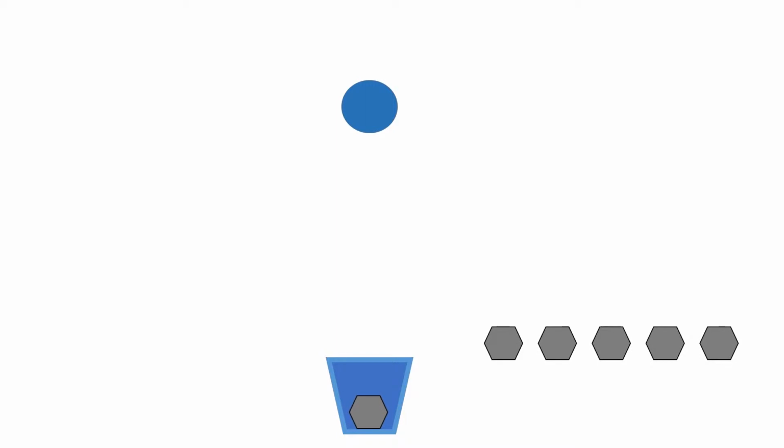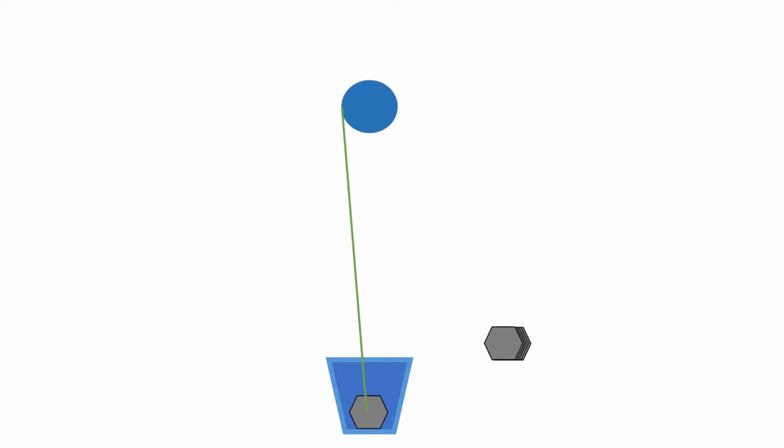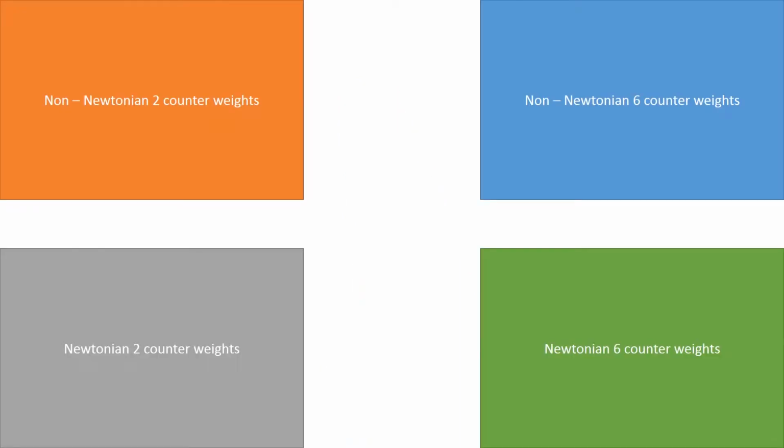Put our weight in our non-Newtonian fluid, attach it to the pulley, tie up all of our counterweight, and attach it to the pulley. Now we have a force imbalance as a result of having more counterweight than we have submerged, and this means that the weight is going to create this shear force. So now let's actually run the experiment.